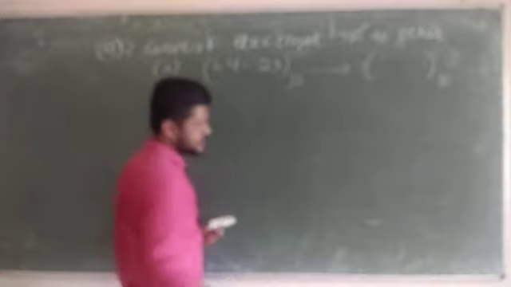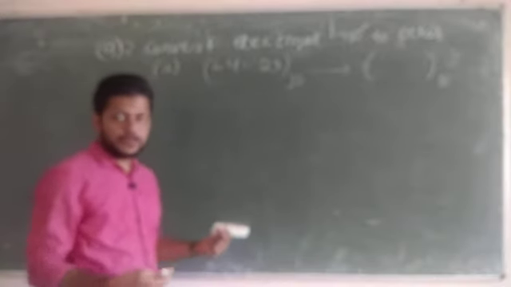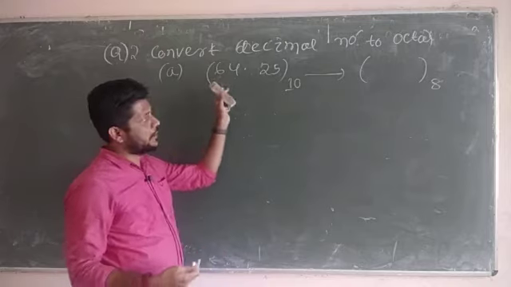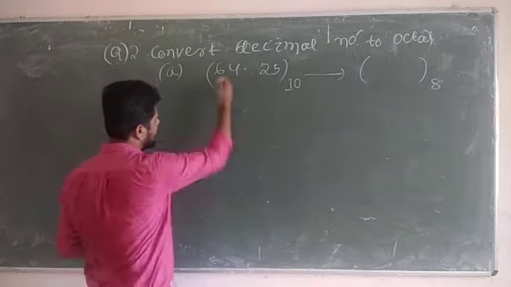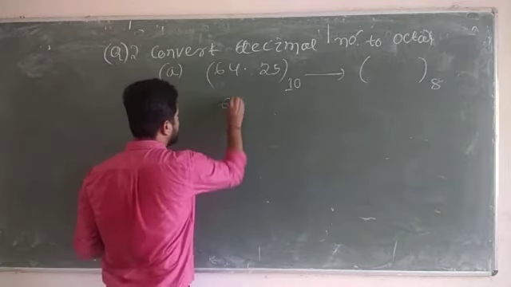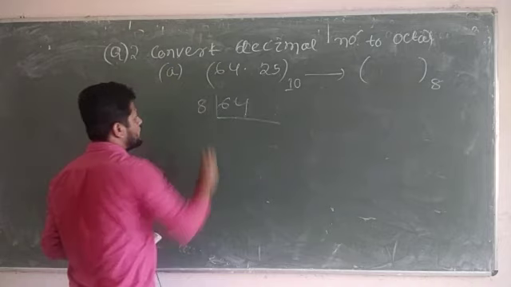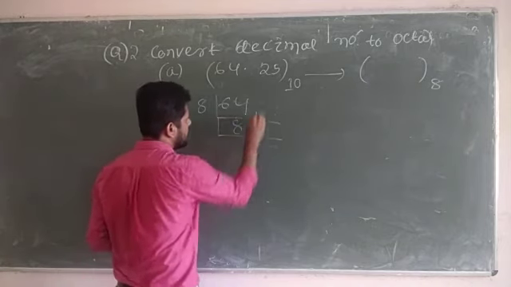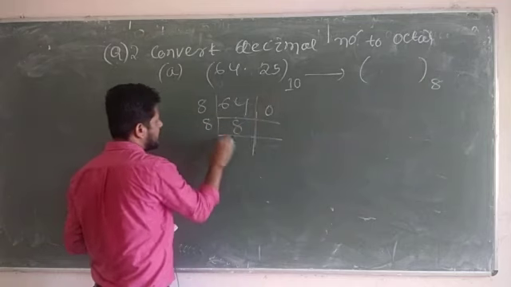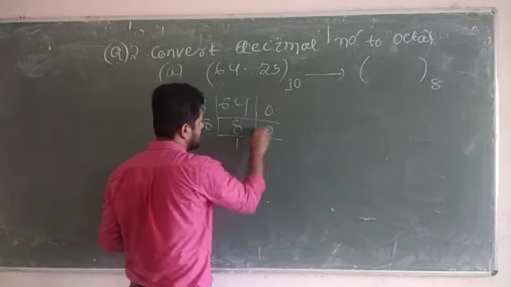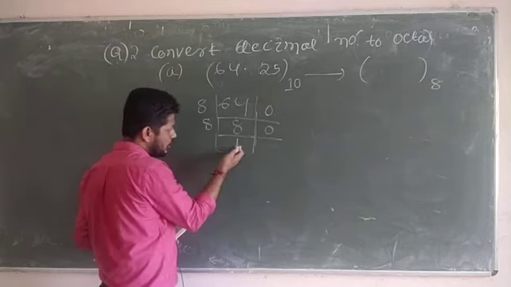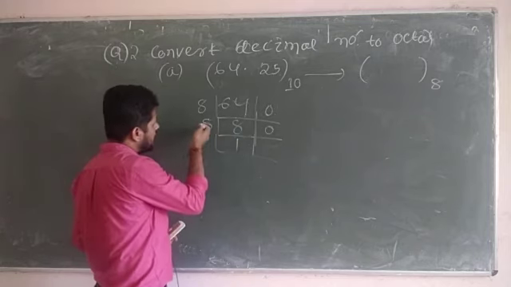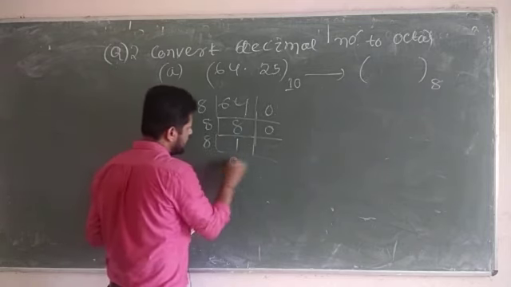Just like I have solved many problems on binary, this is the similar way you want to convert the number from decimal to octal. First consider the integer part, that is 64. Convert it into octal. 8 into 8 is 64, that means remainder is 0. Then 8 into 1 is 8, remainder is 0. Obviously the quotient has now become smaller than the divisor, so 8 into 0 into 1.